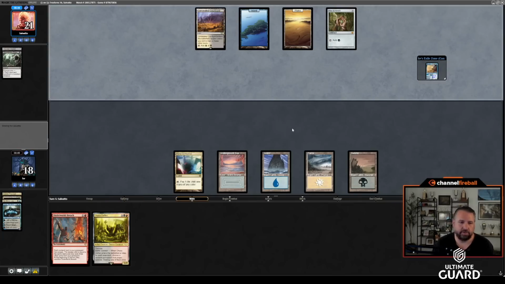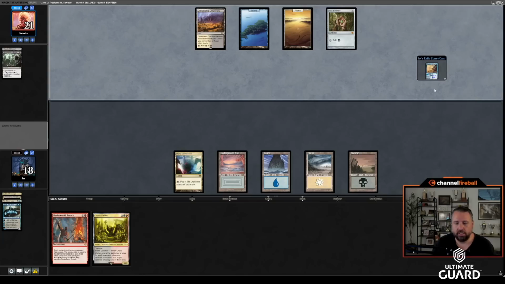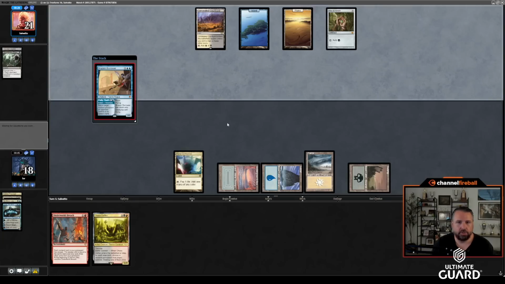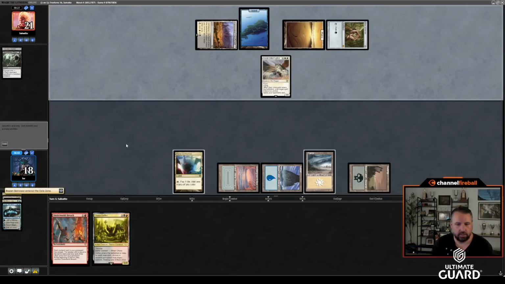I could Chaos Defiler the Mox, but then he plays Steel Seraph, and then what? I can't really race it. So I think I'd rather... Oh, he's just not playing anything here? All right, I guess I'll cast Brazen Borrower. I'm not sure what he's up to. Oh, that's fine. All right, let's just...